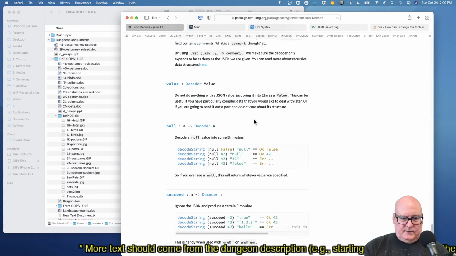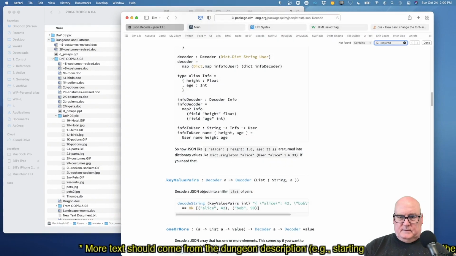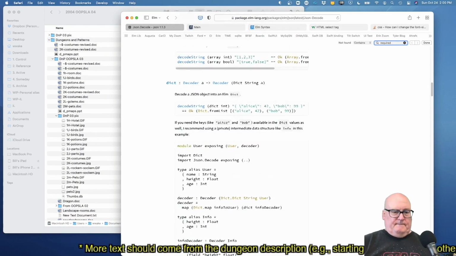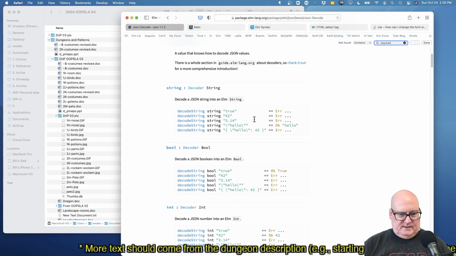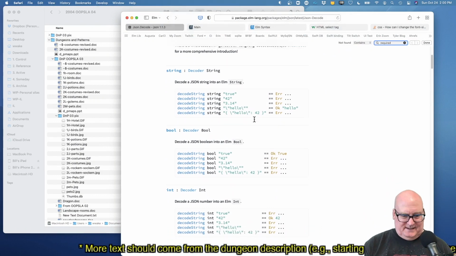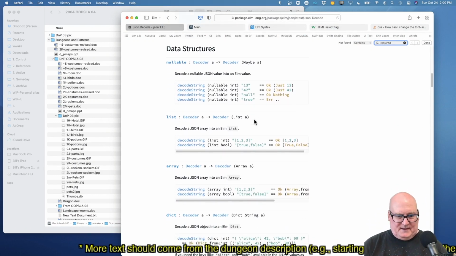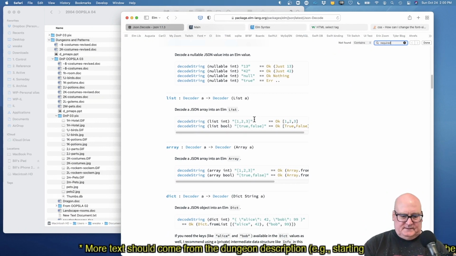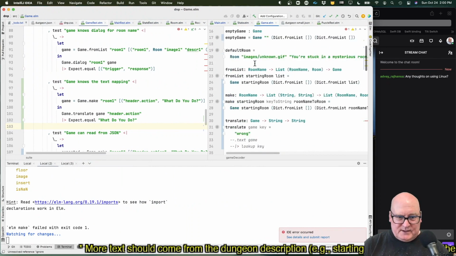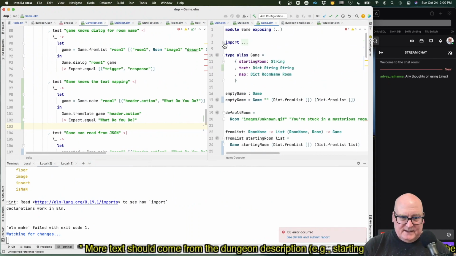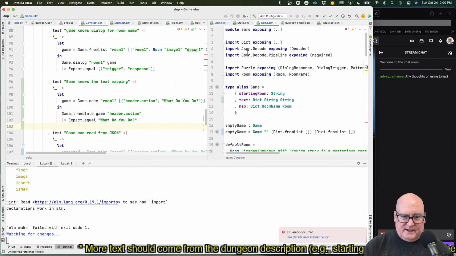Where's required? All right, what's going on? Required as part of the other serialization thing, isn't it? Pipeline. Yeah, let's find that thing.